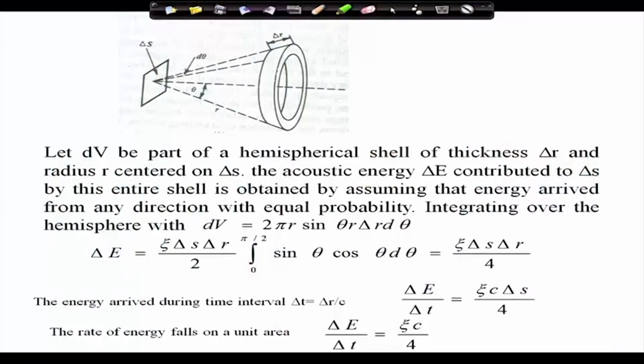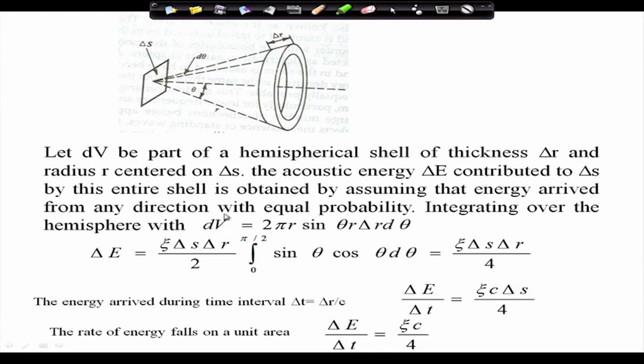So, I can say it is as if a hemispheric shell is striking the del S surface. So, how much total energy, due to all kinds of reflection, contributes to the del S? How do we get it? Now, del E,